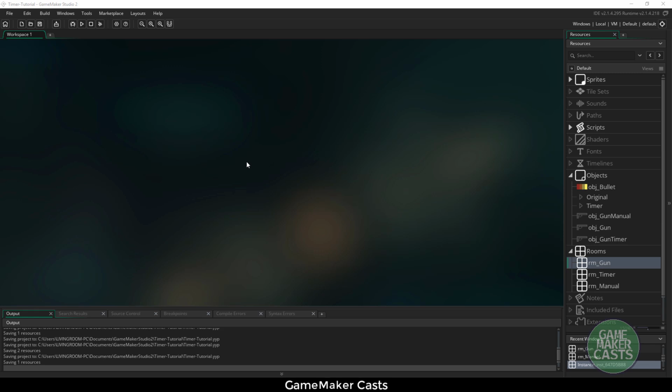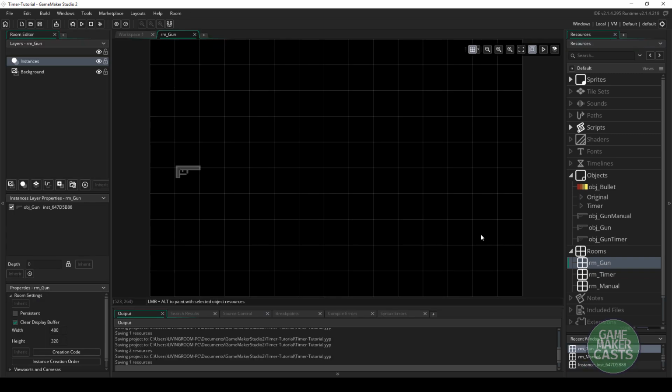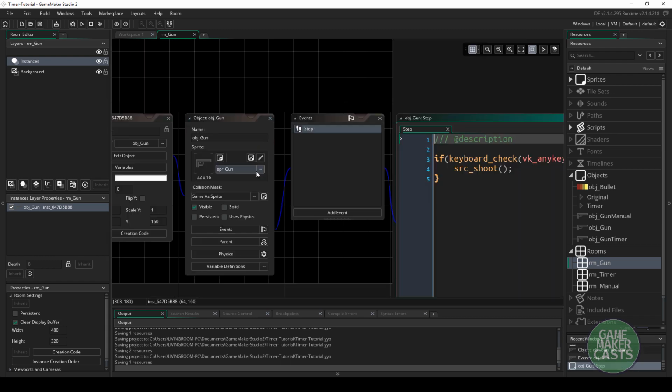It's Mickey, and in this video tutorial I want to take a look at timers in GameMaker Studio 2. I currently have 3 rooms set up, and I'll start off with the room gun. In here we have an object, and if we take a look at the object, you can see that we